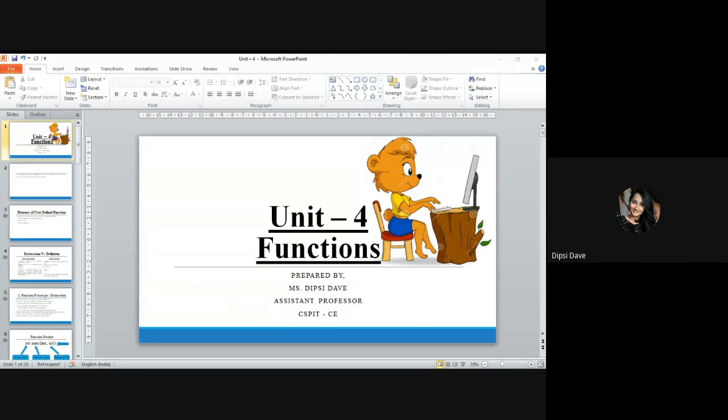So basically, what is a function? It has certain statements to be executed, right? First of all, we need to learn the elements of a user-defined function. There are three elements of a user-defined function: function declaration, or function prototype or signature, function call, and the function definition. Right? So we'll see everything line by line.